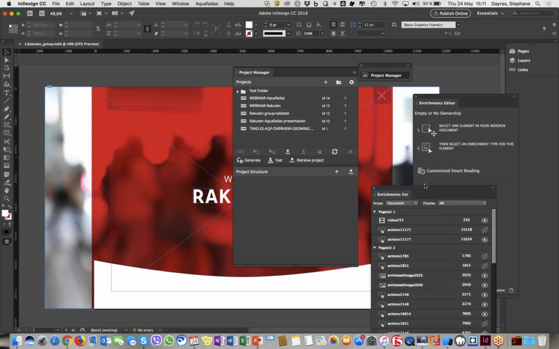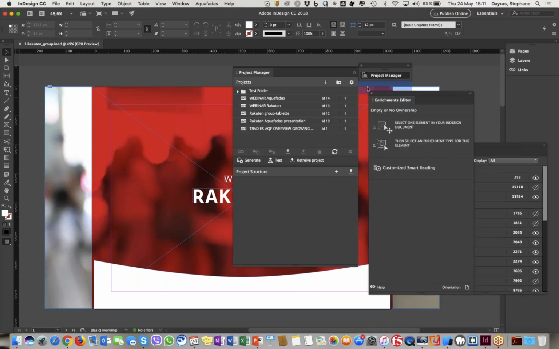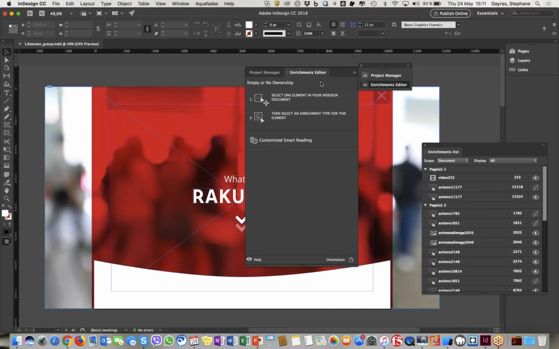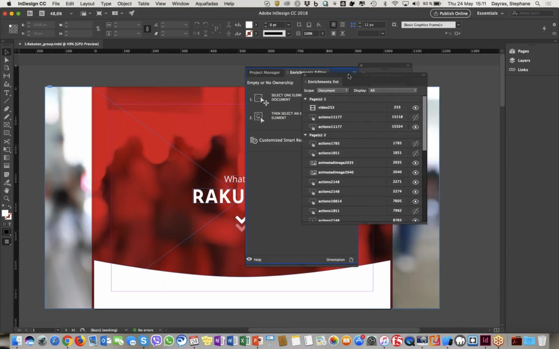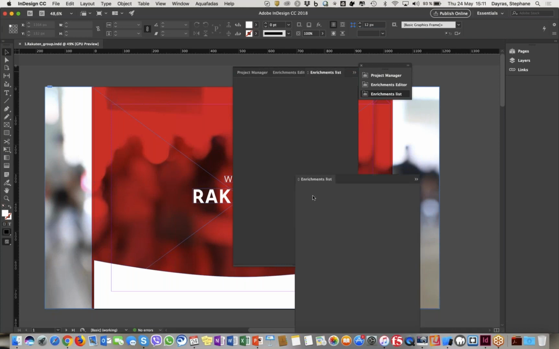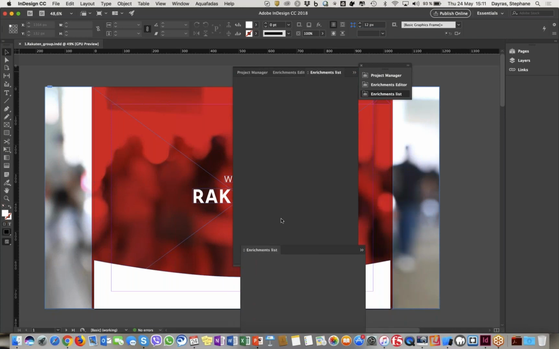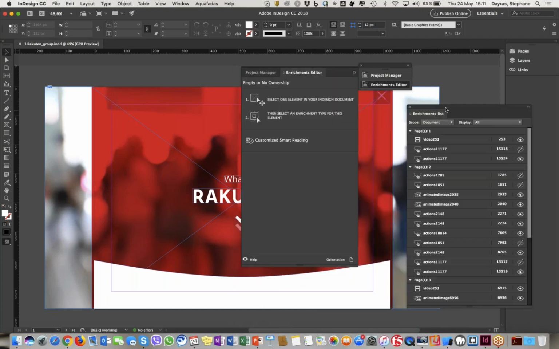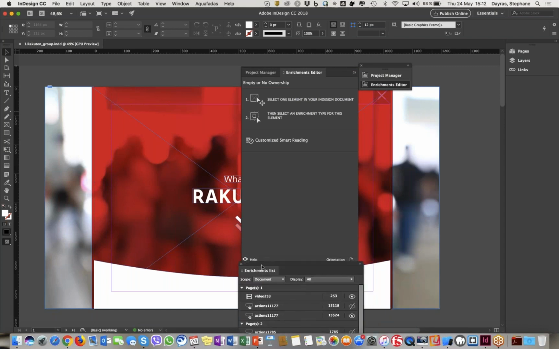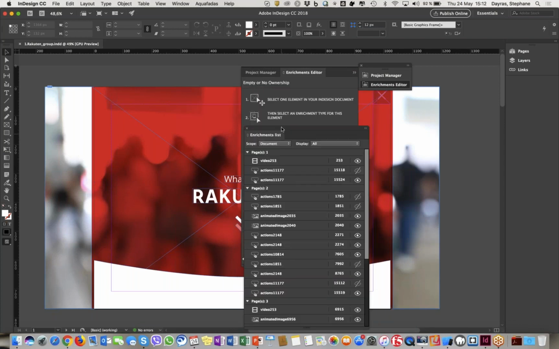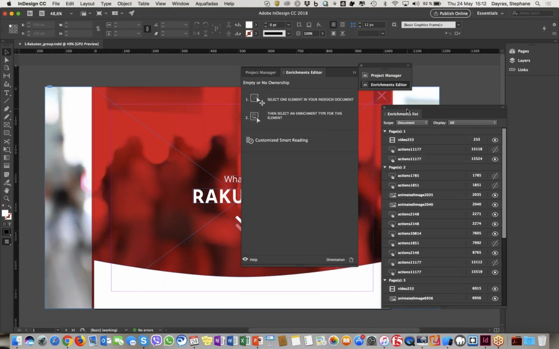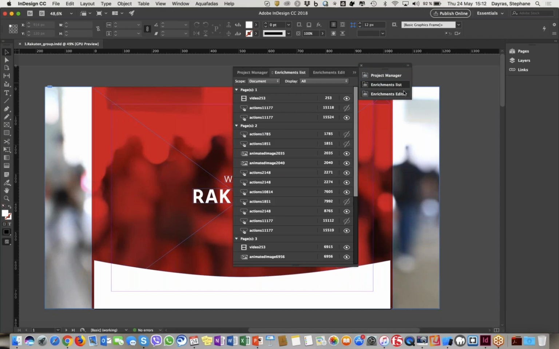But now you can stack them and dock them together. So I can take this one and dock it at the right side of my palette. And the same for the third one, right? Or you could do that if you prefer at the bottom side of the palette as well. It's up to you. So I can remove it, and then I should be able to add it to this palette. So this is one way to do it.